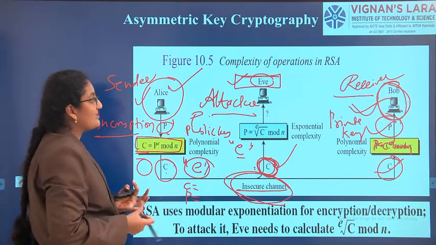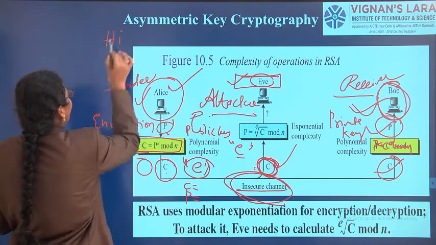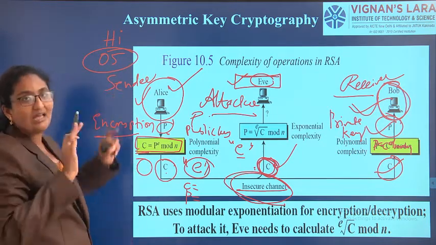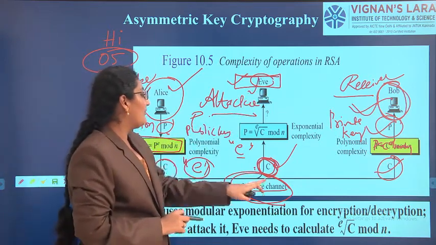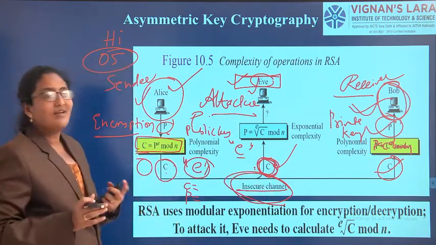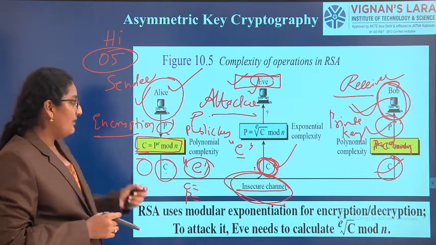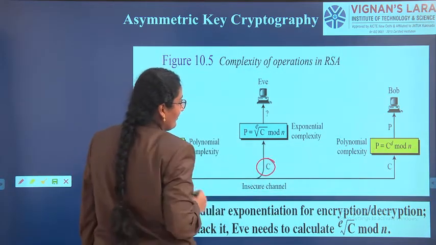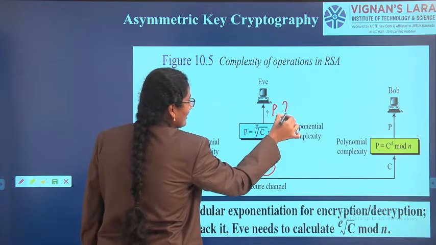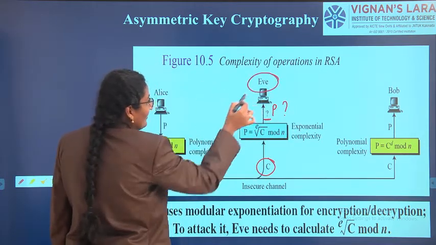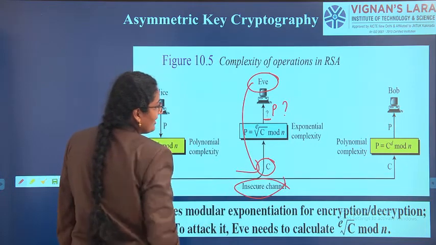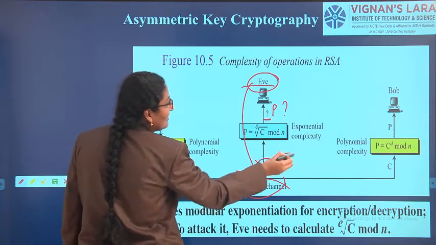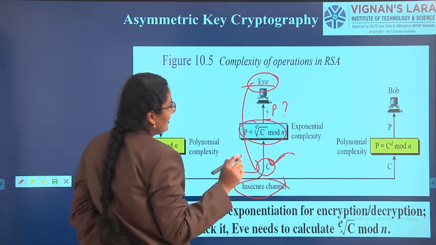Eve cannot understand the ciphertext because, for example, my message is hi and I encrypted it into 05. If somebody attacks 05, they cannot understand that 05 is hi. So Eve also cannot understand that ciphertext. Obviously he needs to convert that ciphertext into plain text. If he wants to convert it, we have the formula. He got the ciphertext and he should understand the plain text. See the question mark here. Eve is the attacker. He attacked the ciphertext because it is an insecure channel. Even then, he cannot do anything with the ciphertext. He wants to convert this ciphertext into plain text. For that conversion, what is the formula?